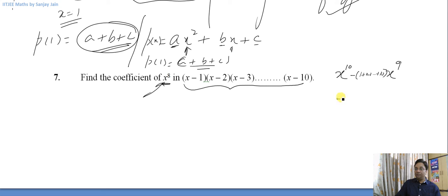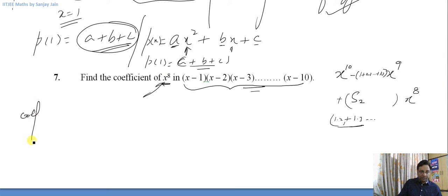And the coefficient of x raised to power 8 will be plus the sum of roots taken two at a time, that is 1 into 2 plus 1 into 3 and so on. We have discussed this ample number of times. Let me solve this question completely for you so that you understand, because the previous question had big data, so I didn't solve it completely, where we had 100 roots. So let me solve it. The coefficient of x raised to power 8 will be nothing but